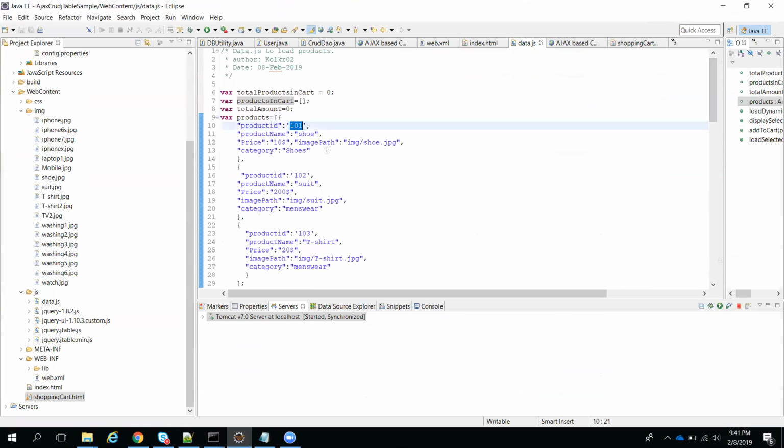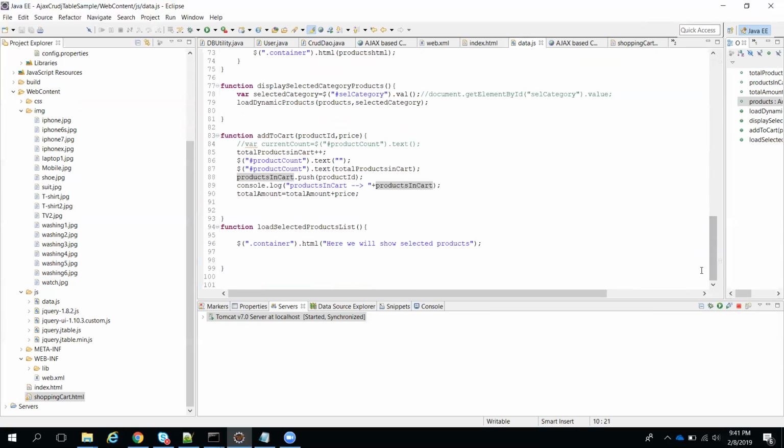I will get it. And if 101 is repeated 2 times in the array, then I want to show the quantity as 2. Suppose for 102, you have to use some array API to find how many times one element is repeated, so you can get the count of that particular element.